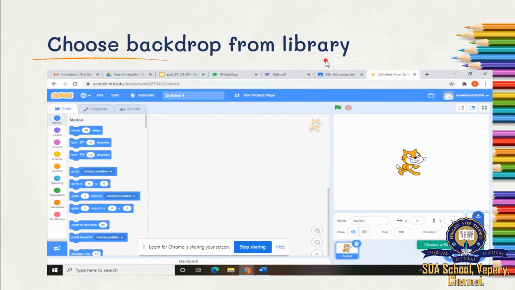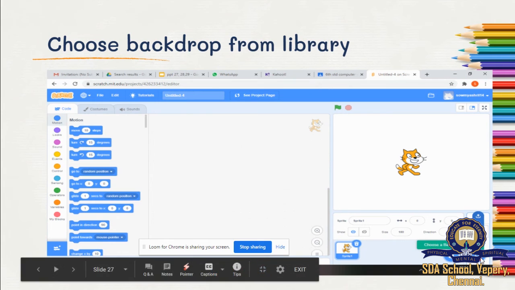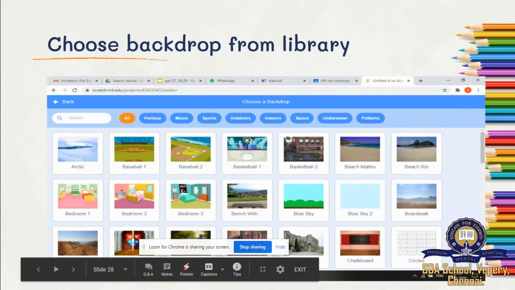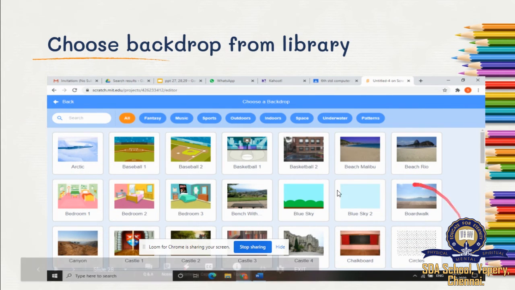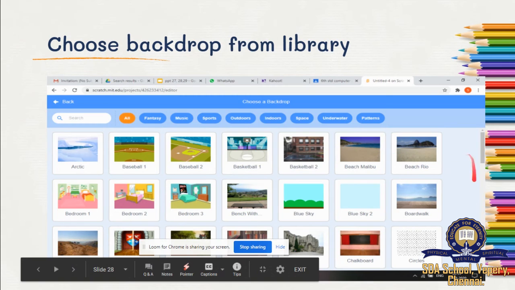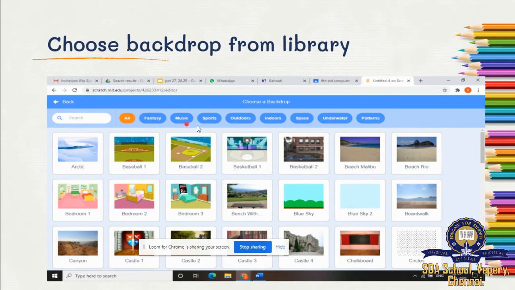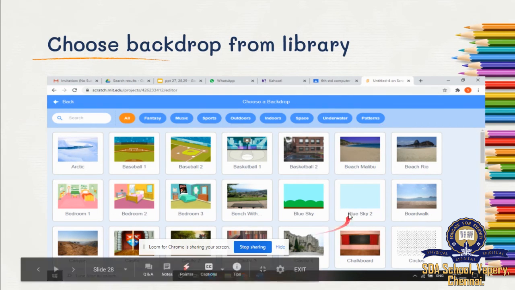Choose backdrop from library. Now I am going to this library option and clicking the search button to choose a backdrop. Then this page will open. I can select any backdrop from here. Fantasy, music, sports, outdoors, indoors, space, underwater, patterns, everything is given here.